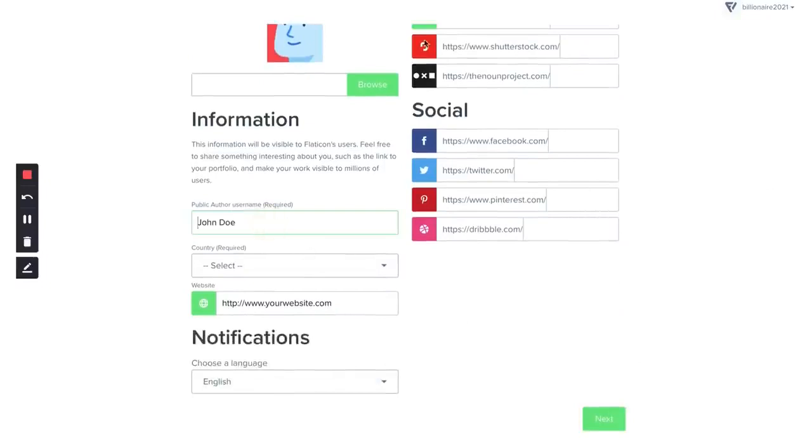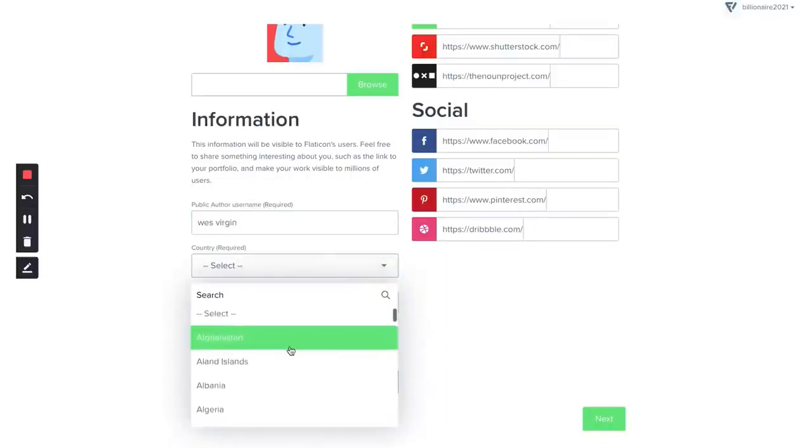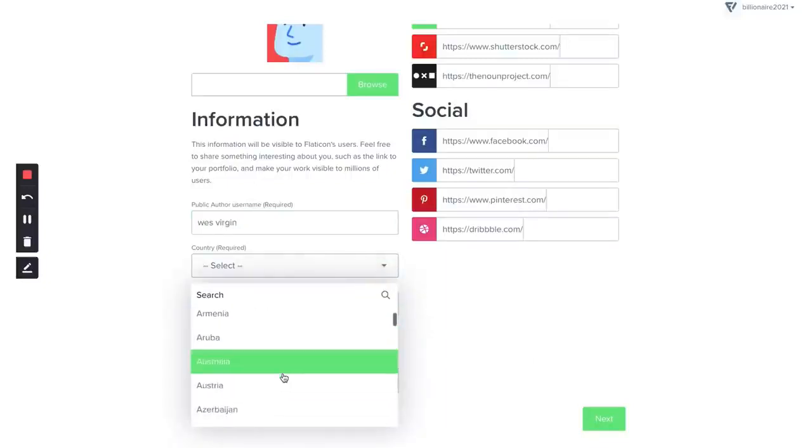Listen, you don't have to fill out all this here. Just keep it simple here. West Virginia here. See, the great thing about it is you can be in Afghanistan, Albania, Africa, Angola, Aruba, Australia,